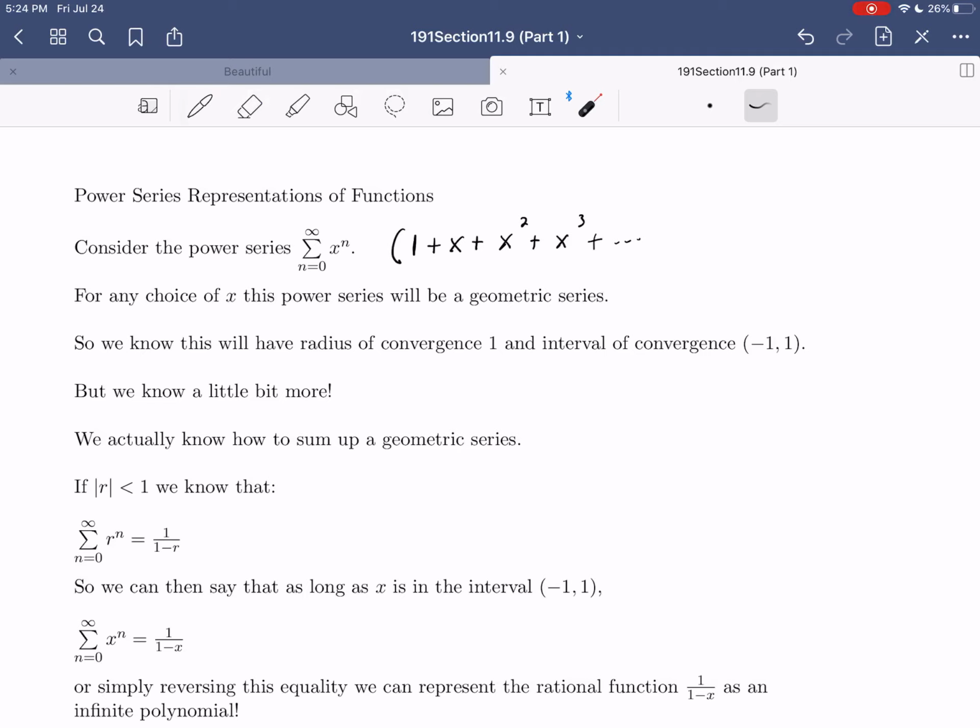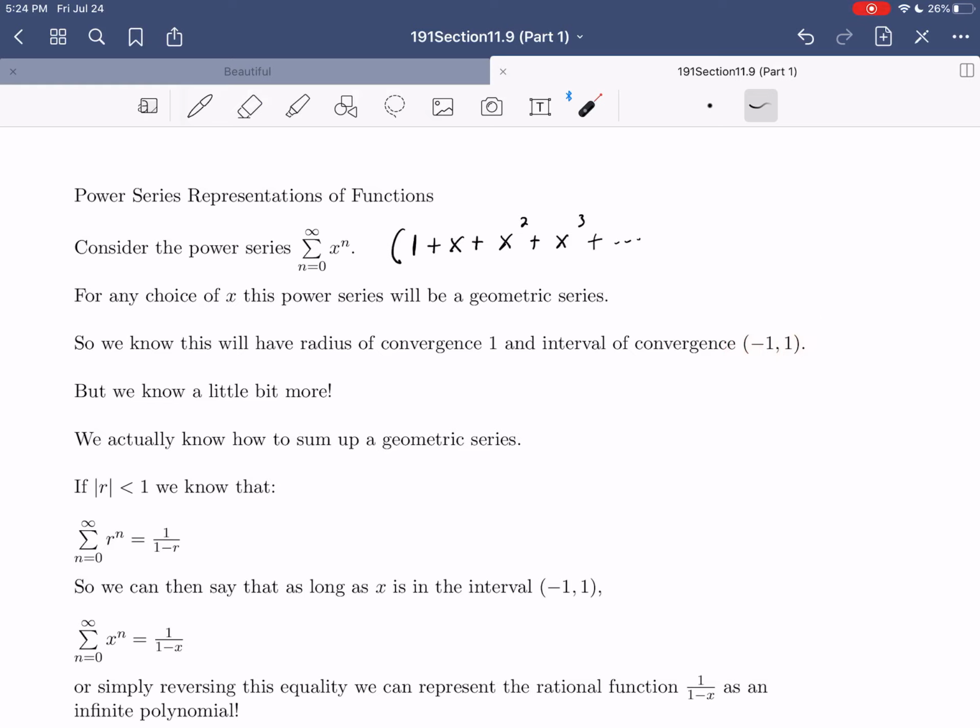So we know quite a bit about geometric series. For example, we know that geometric series converge when that common ratio in absolute value is less than 1. So we know that this will have a radius of convergence of 1. You'll have to choose an x value between -1 and 1 for this to actually be a convergent series. And we actually know the interval of convergence will be -1 to 1